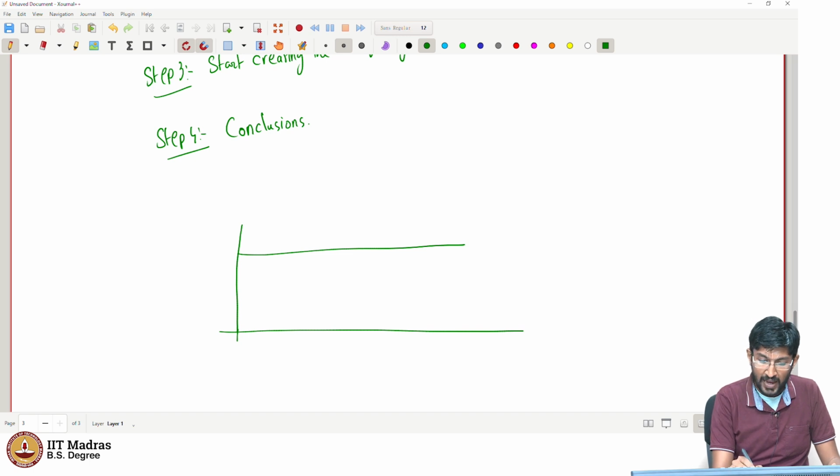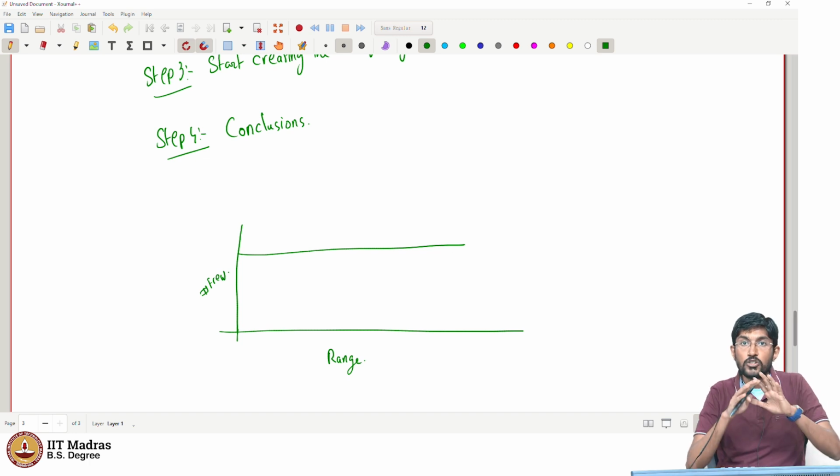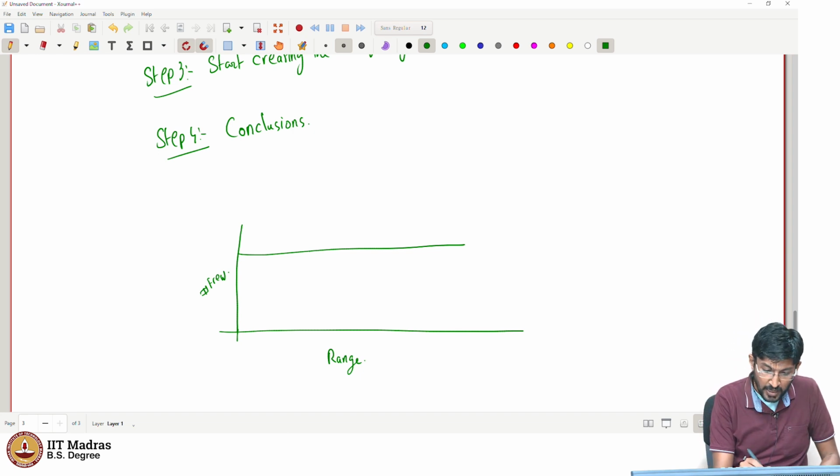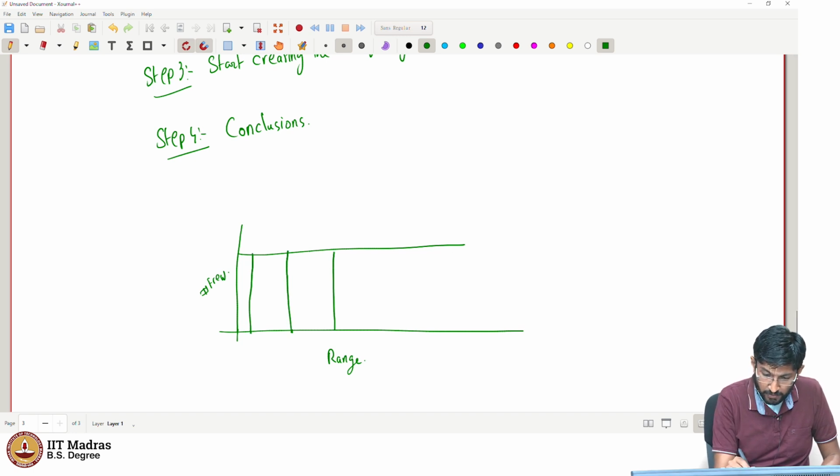Every value has an equal number of observations. So this is frequency, and let's say this is the range. If I plot a histogram for a perfect uniform distribution, then every bucket should have the same number of